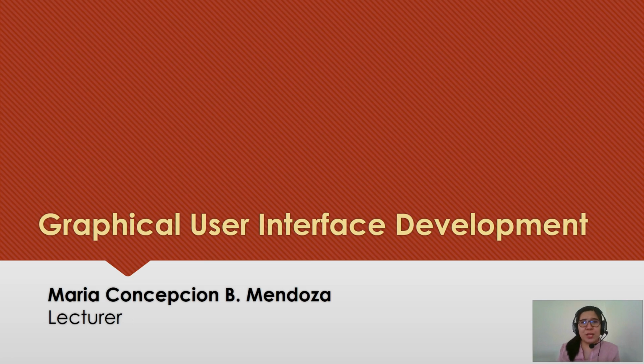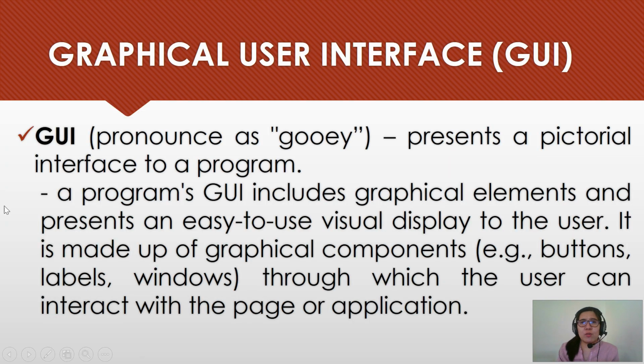So our topic for today is all about graphical user interface or GUI development. So what is graphical user interface? This is pronounced as GUI. It presents a pictorial interface to a program. A program's GUI includes graphical elements and presents an easy-to-use visual display to the user. It is made up of graphical components such as buttons, labels, windows. We may also include text fields, checkboxes, and the like, through which the user can interact with the page or